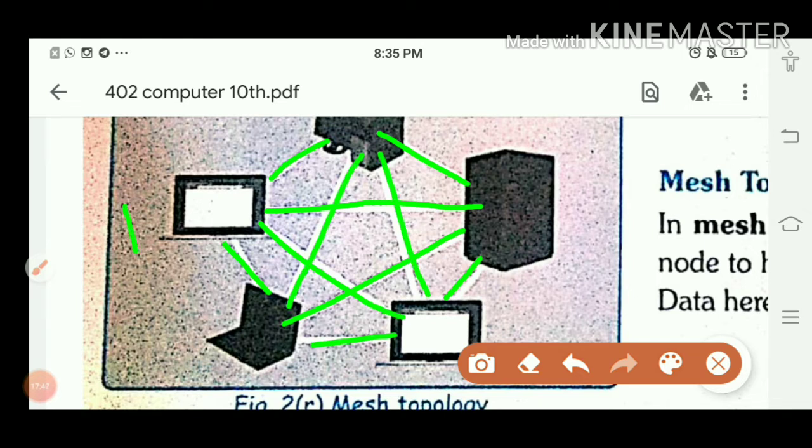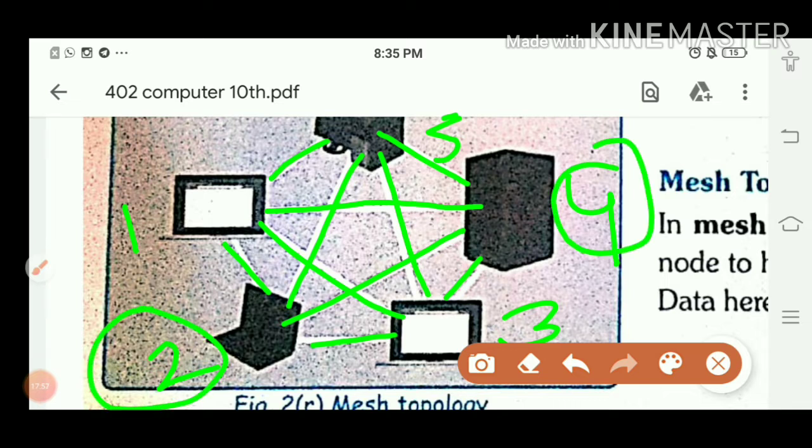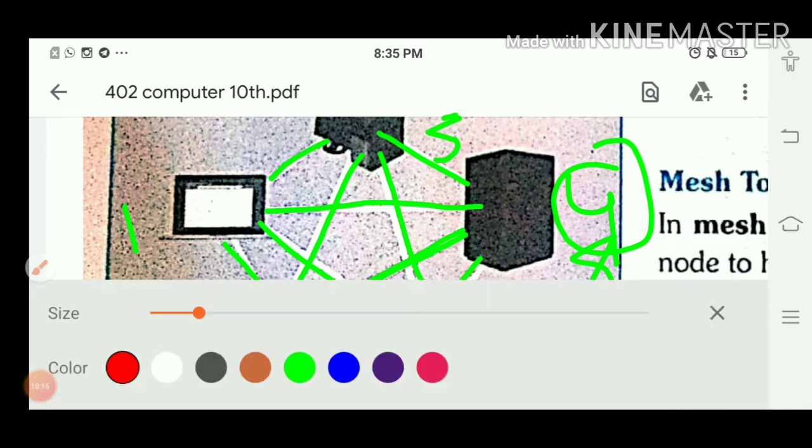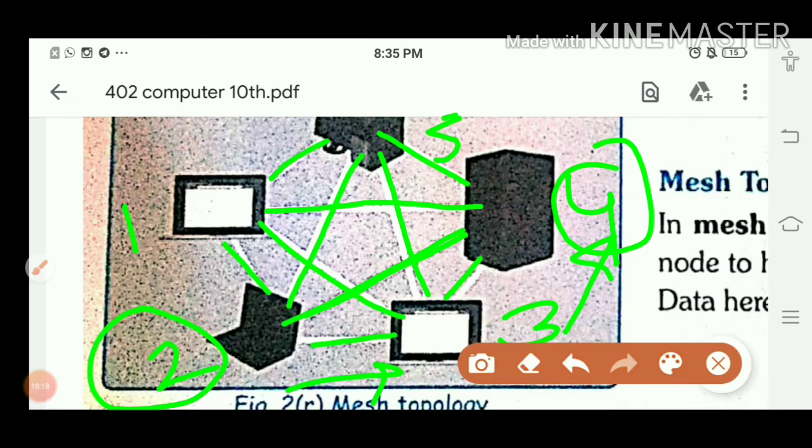This one is node 1, this one is node 2, node 3, this one is 4 and this one is 5. Suppose node 2 wants data from node 4. ठीक है, in ring topology what happens? If node 2 wants data from node 4, ठीक है, तो node 2 is sending a request to 3, 3 is giving the request to 4, है ना, then 4 is giving the response to 5 and 5 to 1 and then 2. But in mesh topology, every node is directly connected to the other node, so what happens? It will take data directly from that node. ठीक है, उसको जिससे डेटा चाहिए.